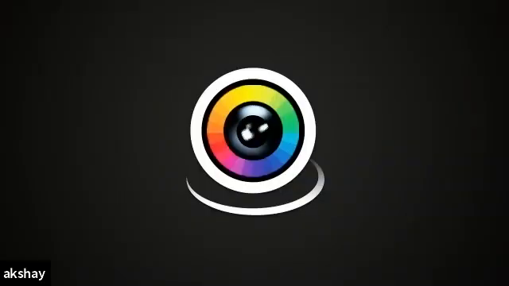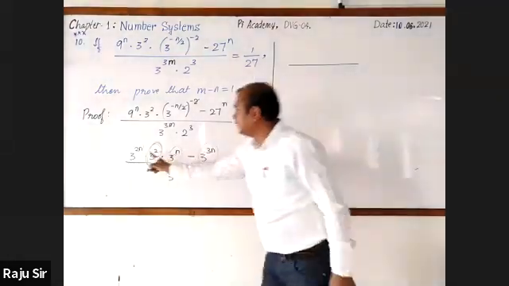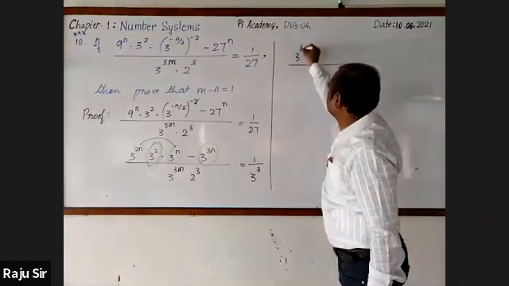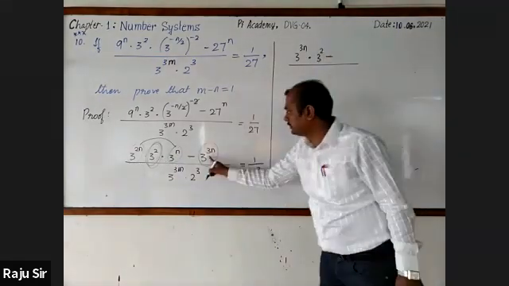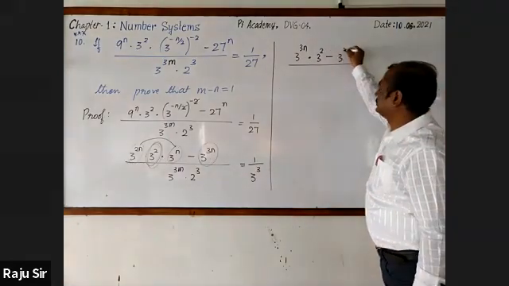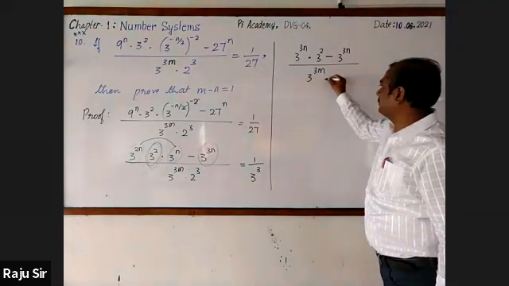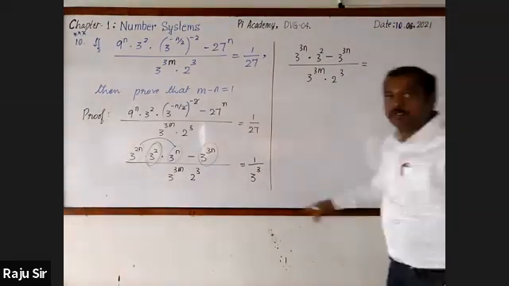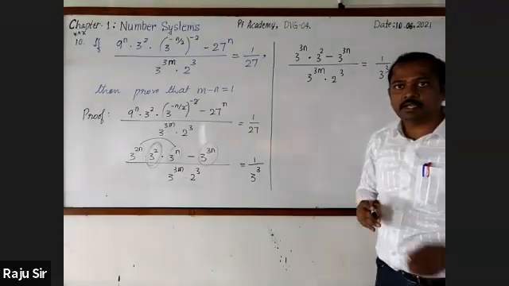Denominator. Explain once again, sir. Explain once again means I will observe in a little more detail. 3 raised to the power 2n and 1n are there. These two have to be added. 3 raised to the power 3n into 3 square minus 1, divided by 3 raised to the power 3m into 2 cube, is equal to 1 by 3 cube, 1 by 3 raised to the power 3. Did you understand now? Yes, sir.